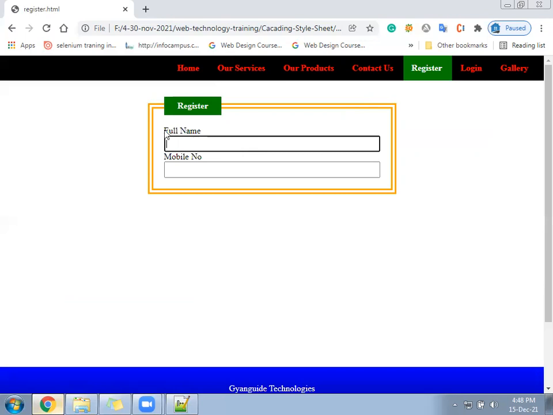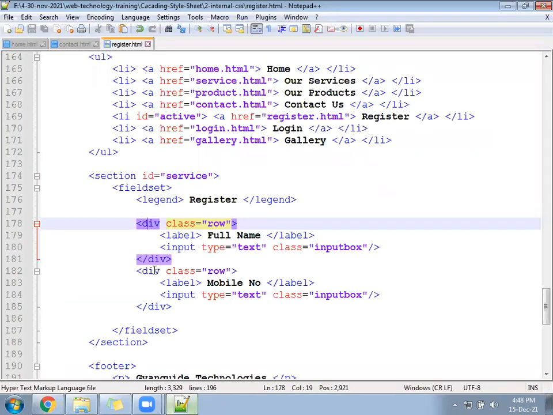Plus the full name and mobile number should look a little different, a little formatted. So we have to go to the CSS and write the CSS for the row.